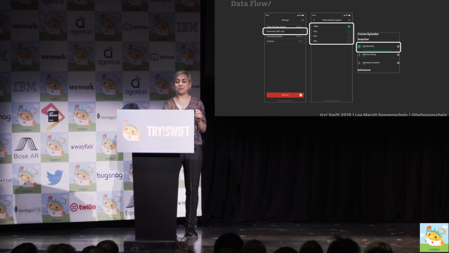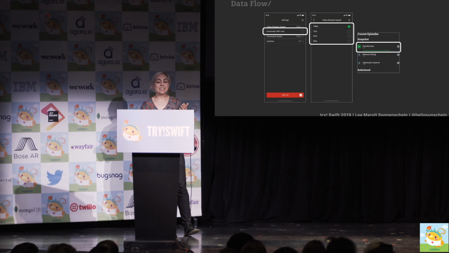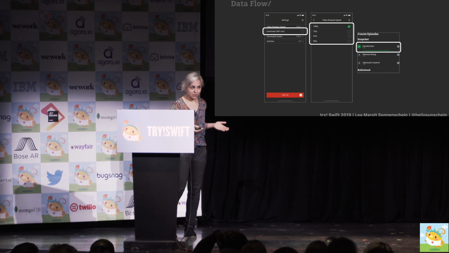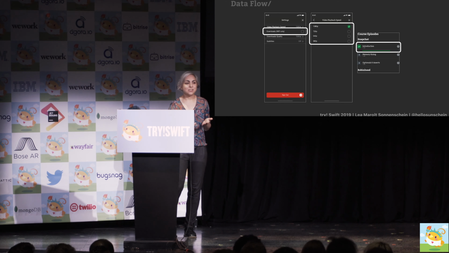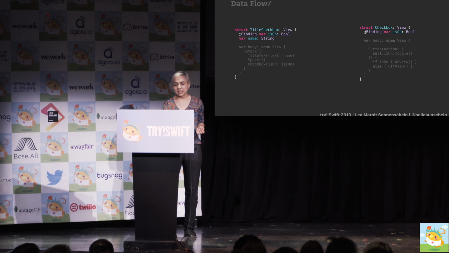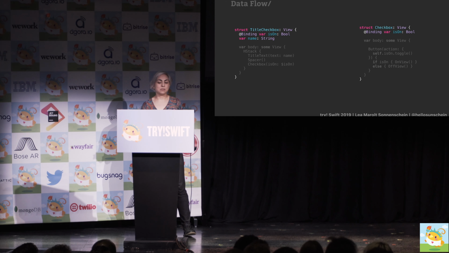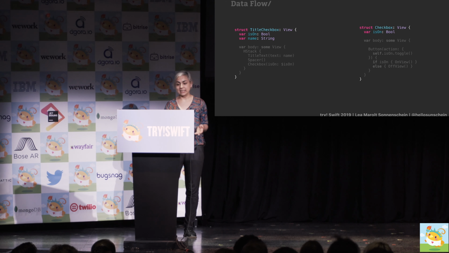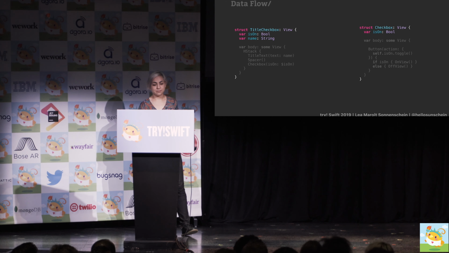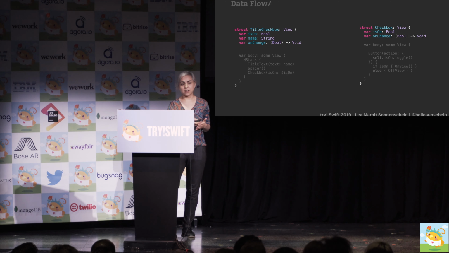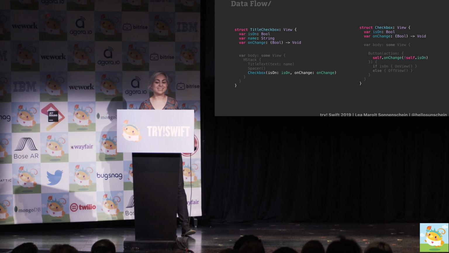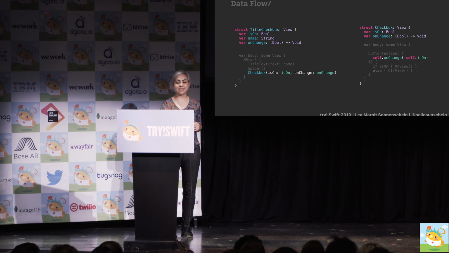But all of the ways of communicating data back and forth with binding seem to have failed me in this quest. And Apple itself was not being very helpful. So I decided to just do it my way. So first, I just kind of removed the bindings altogether. And instead of relying on the bindings, I decided to pass in a callback on both the title checkbox and the checkbox for when a change happens. And finally, update instantiation for the checkbox and the on-tap action for the checkbox button.